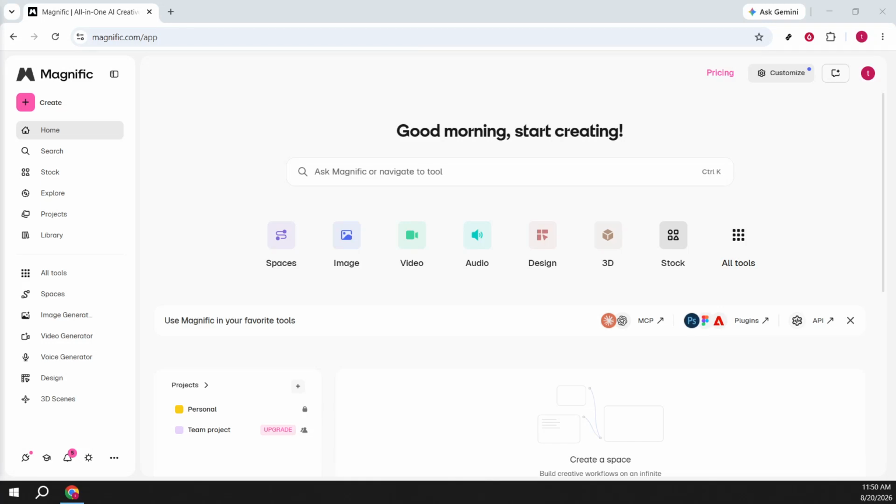In today's video, I'm going to teach you how to use Magnific AI Desktop. We'll start by getting comfortable with the workspace, then create a character so you can see the full flow in action. First, open Magnific. From the home view, you'll see the core tools laid out and a clear overview of